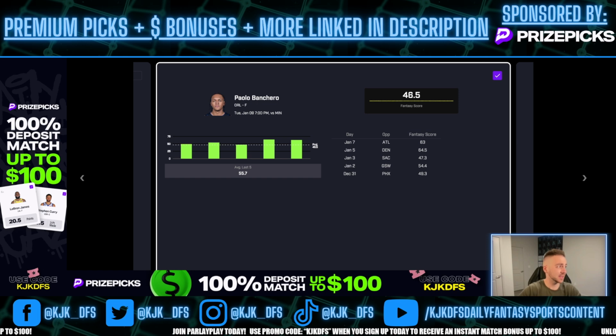Some quick stats as far as how good this Timberwolves team has been slowing down power forwards. One, they're only allowing 29 to 30 fantasy points per game to opposing power forwards. Two, they're only allowing right around 5 rebounds. Three, they're only allowing right around 5 field goals to be made by opposing power forwards. This is a terrible matchup for Banchero, and his line is more inflated than it's been in a long time